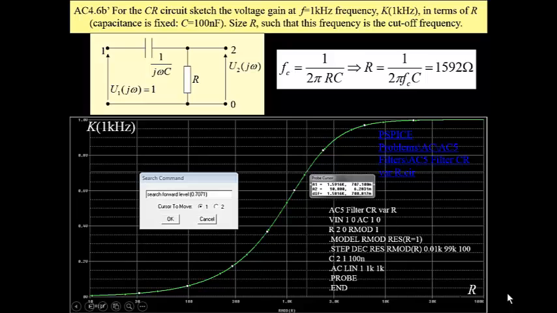We have a CR high pass filter here, and our task is to find a gain at 1 kilohertz frequency as a function of resistance. So we have a fixed frequency of 1 kilohertz, we have a fixed value of this capacitance. We are changing this resistance. At first we obtain this curve by means of PSpice simulation, and then we are looking for the level of 0.7071, which is the gain at cutoff frequency, and we will find that our resistance is 159